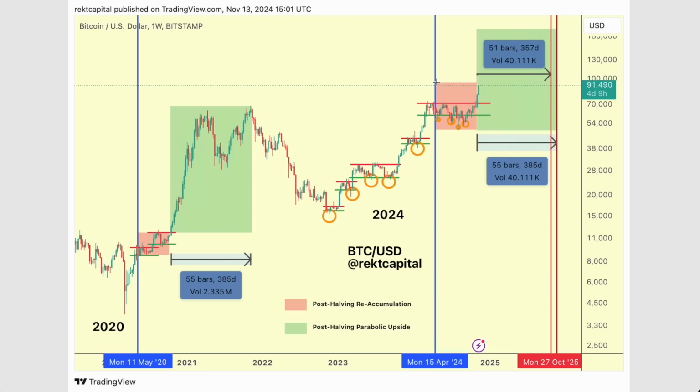And that's really important to take note, because if we're considering a parabolic phase from 2020, which lasted 385 days, can we really consider a copy-paste scenario based on the fact that potentially this reaccumulation phase has eaten